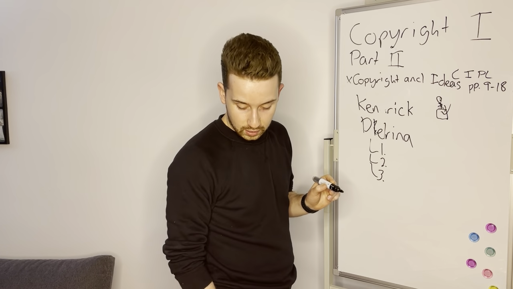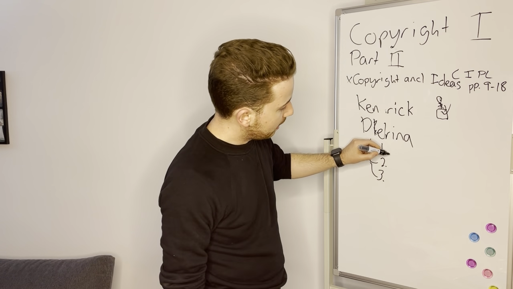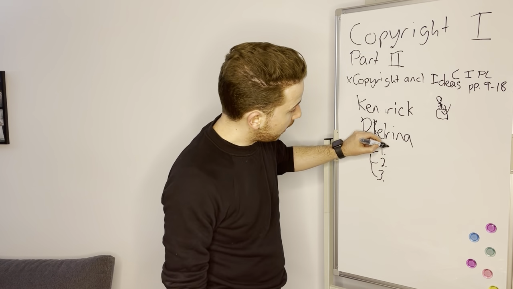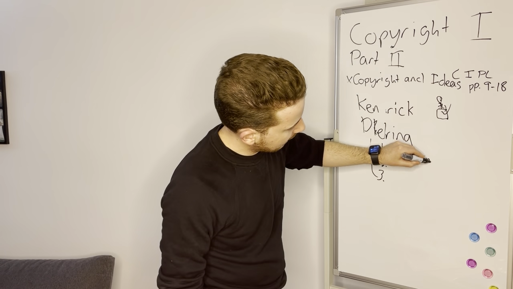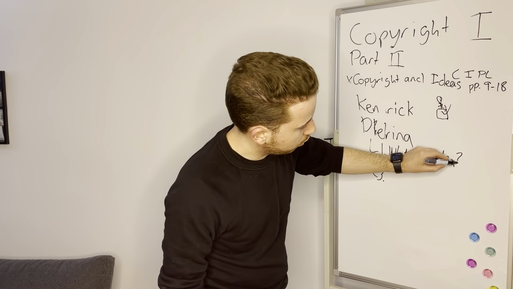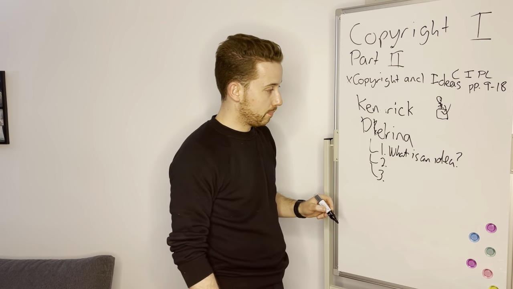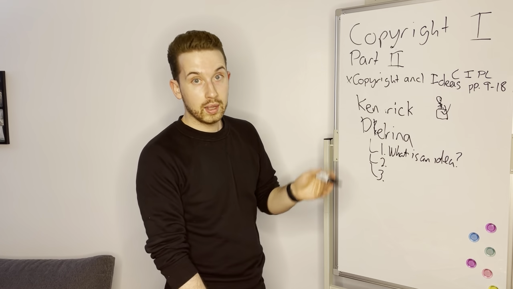The three significant things about the Delrina case are, one, essentially, what is an idea? And basically, the conclusion is that ideas are not protected by copyright law, one, and two,